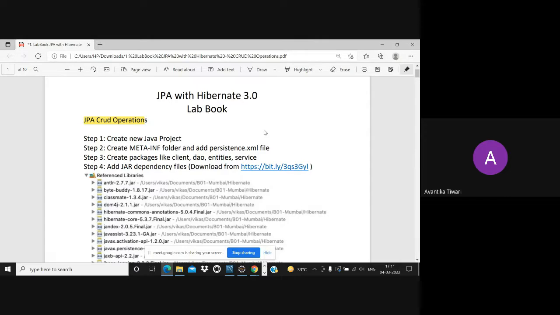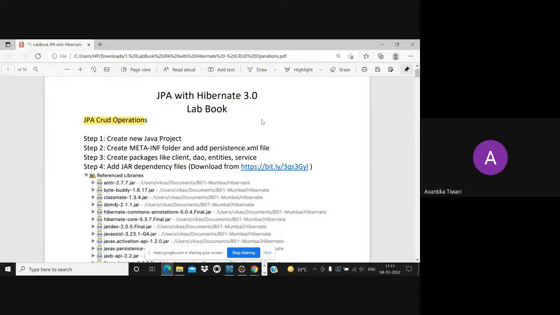We don't have to write a lot of code. We will be writing very limited code. We will be mostly using annotations or classes and interfaces that already exist, and we will be making it possible, performing CRUD operations in the Java program and getting the changes in my database table.